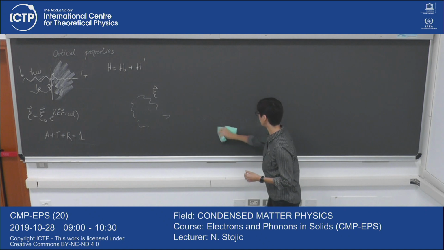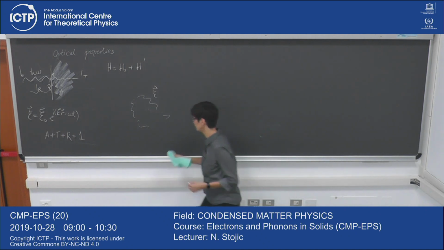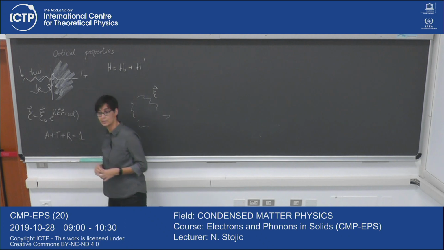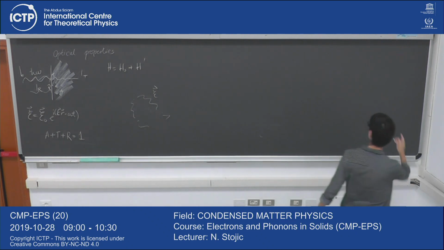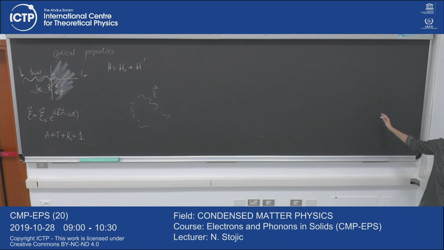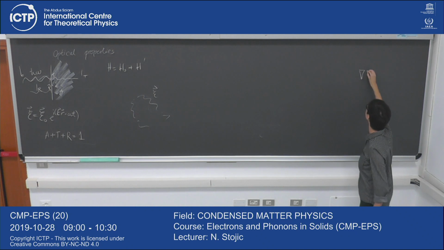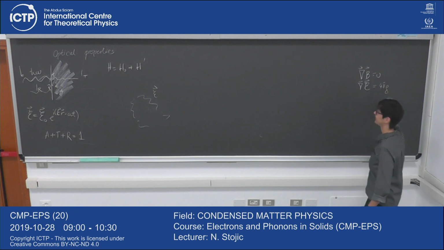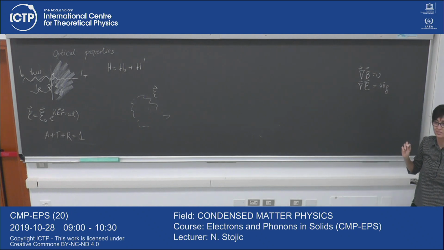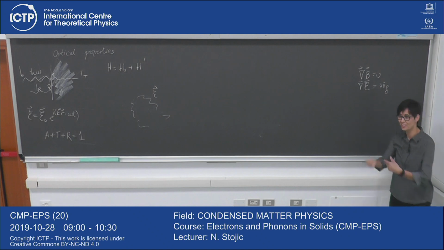For that, maybe I noticed that in the last years this was a bit difficult for some students. Maybe I will write the Maxwell equations on the side, so that it's easier to follow. You know this, but just to make it easier to follow, if I write them: divergence of B is 0. Divergence of the electric field is 4 pi rho. It's all in Gaussian units. Did you use Gaussian units? For me it was terrible. I always use SI and go to the States, where they use Gaussian. I couldn't translate anything.